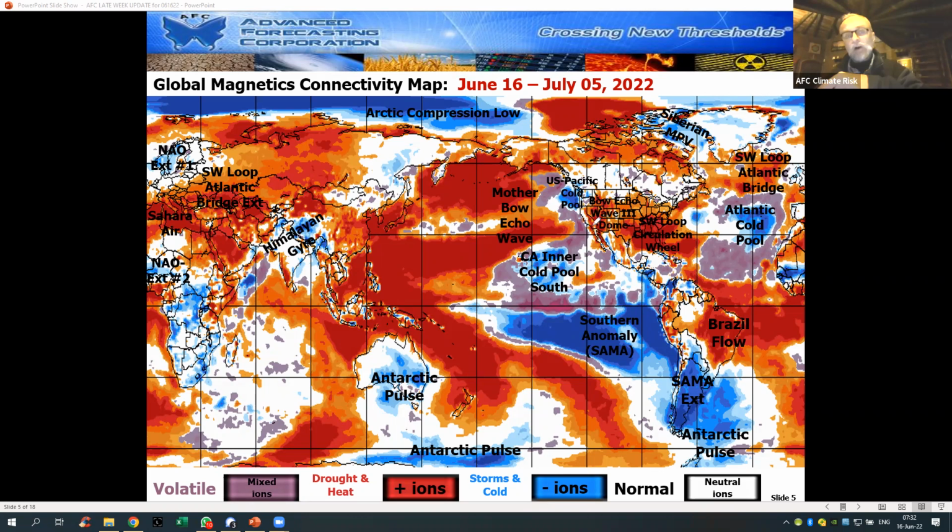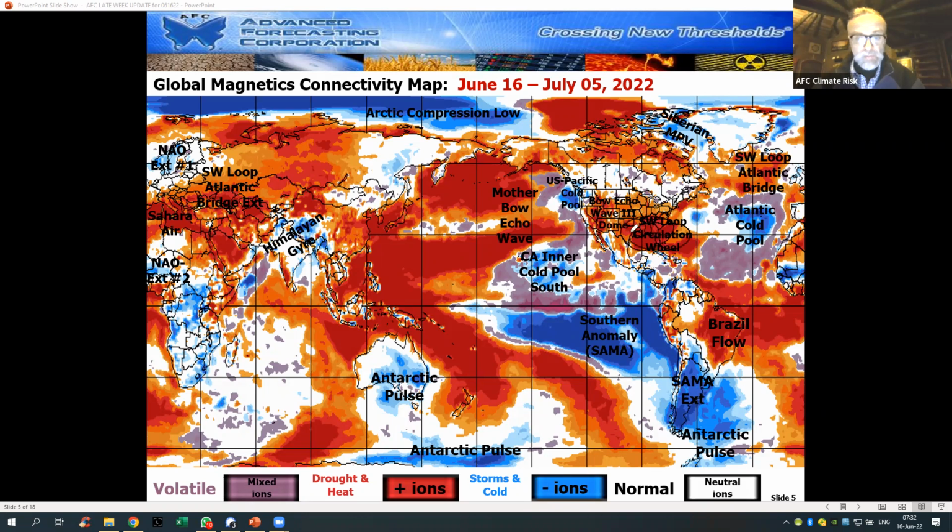But now let's go back in time, or reverse, to the current situation with the Bow Echo Wave Dome. It is going to get so hot going into early next week in the Midwest, but this US Pacific Cold Pool is arching its cooler air into the Northeast. And so the Northeast is going to cool down rapidly over the next 7 days. And so that's going to be demand destruction there.